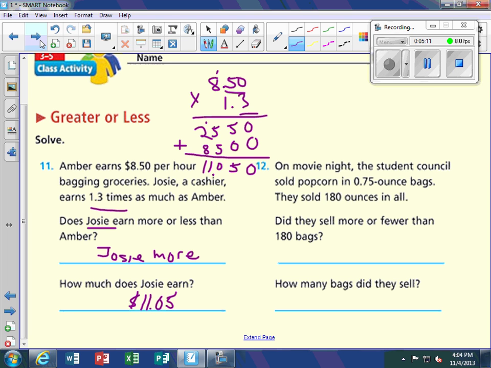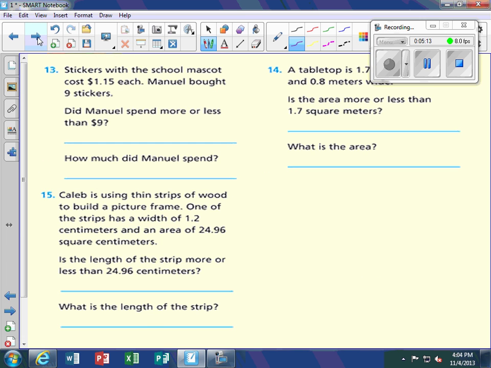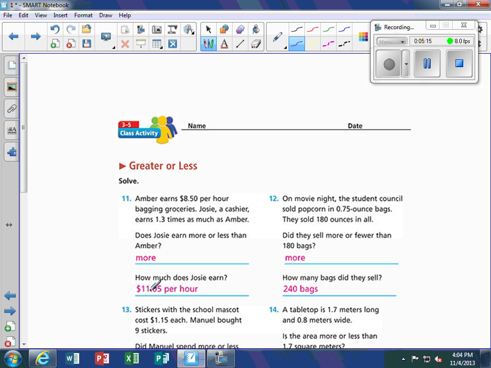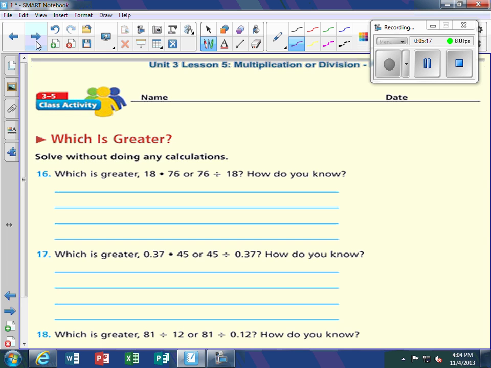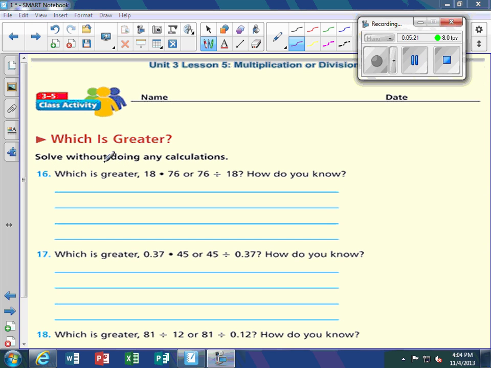All right, let's move on. $11.05. Page 96. Solve without doing any calculations. Which is greater? Number 16, you have 18 times 76, or 76 divided by 18. Anytime you multiply whole numbers together, you're going to end up with a larger answer than dividing whole numbers. So your answer for this one should be